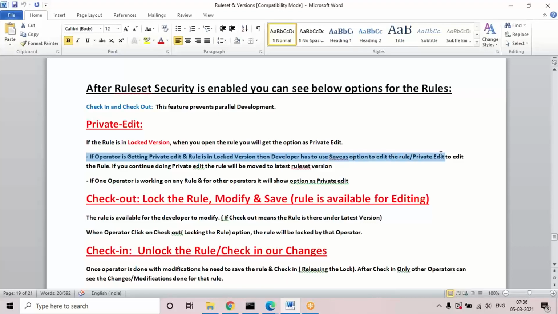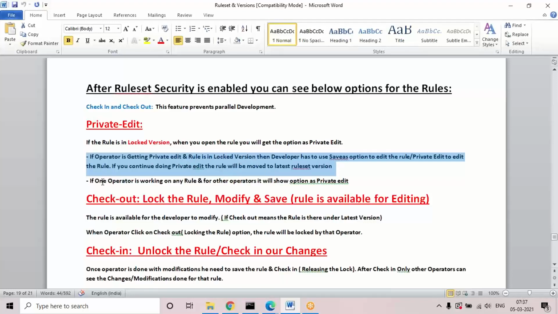Using private edit we can also do that. In the previous classes, immediately before this security was enabled, I showed only save as to move the rule to the latest version. But now using private edit also we can move the rule to the latest version.